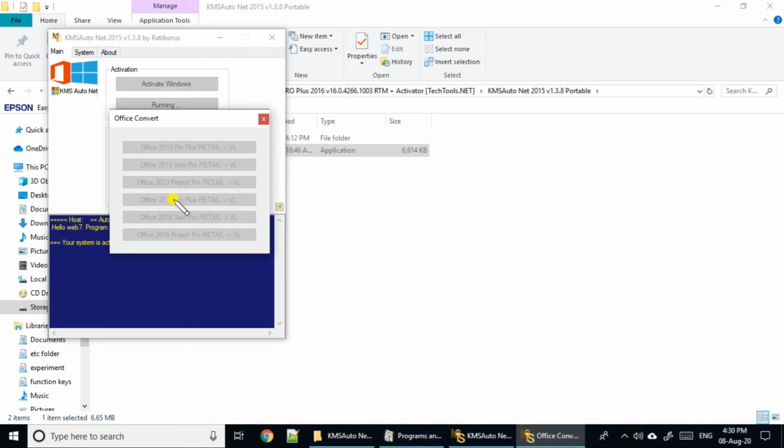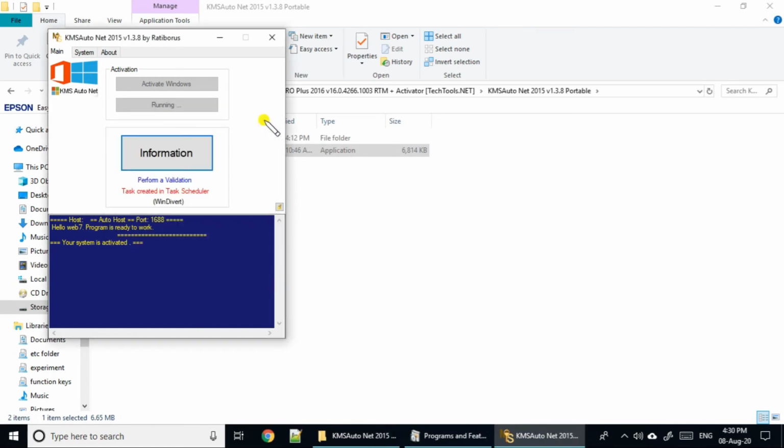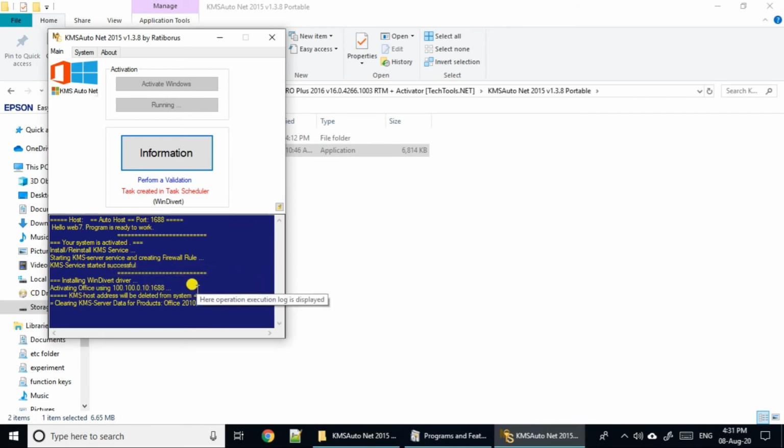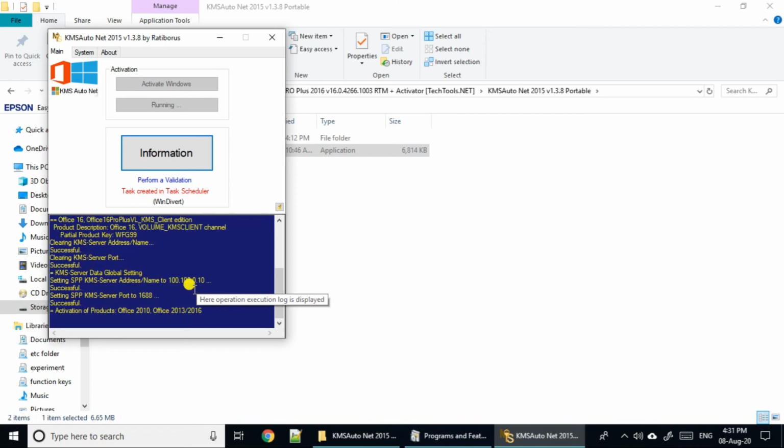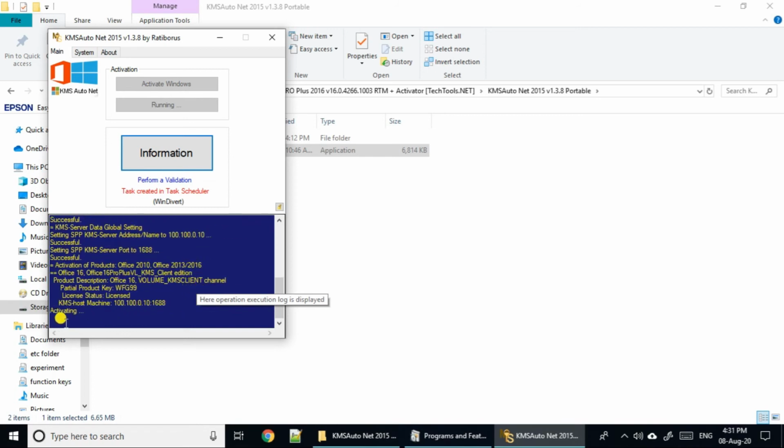So as you can see, running is not appearing here now. You need to click on this cross. Here we will see some text coming out. So you need to wait. So as you can see, activating.